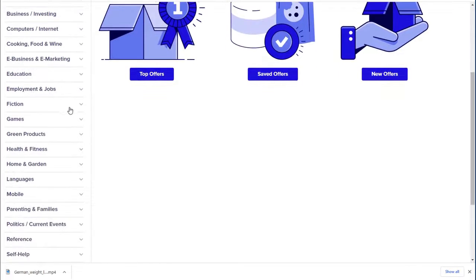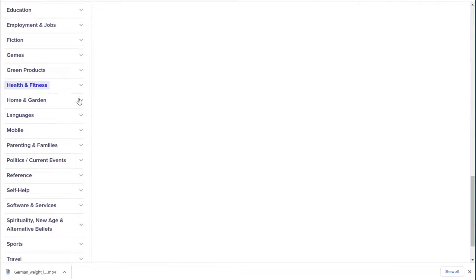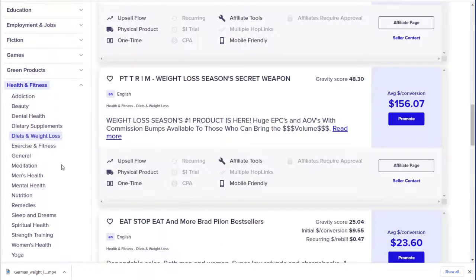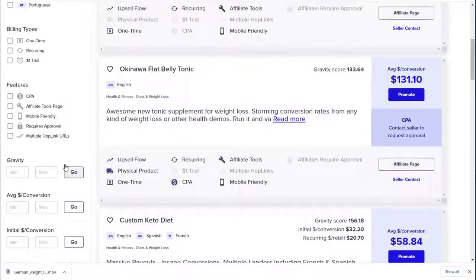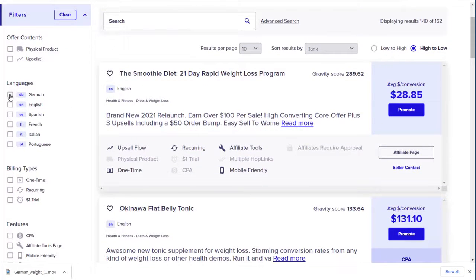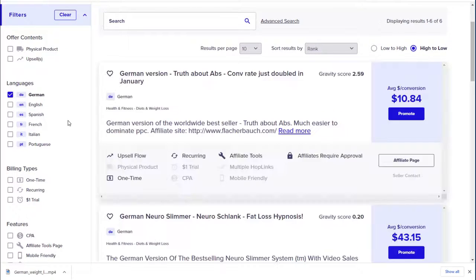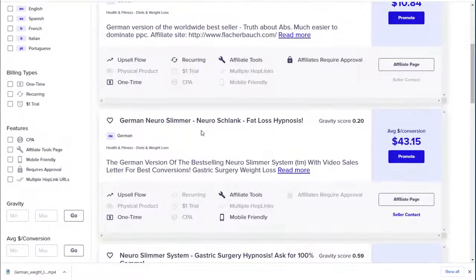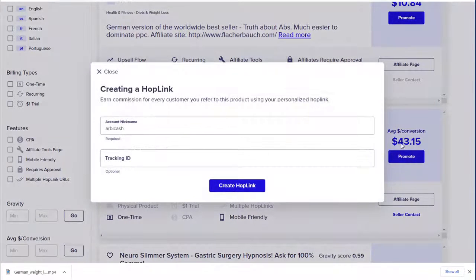And so let's go ahead and look for the health and fitness category, because that's what we're dealing with, and then we'll click on diets and weight loss. And then on the filters, we're going to select the checkbox for German products only. And so you can see here, now we have German products related to weight loss. So let's say I want to promote this one. I would click the promote button that pays out an average of $43.15